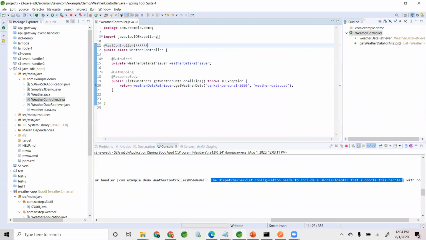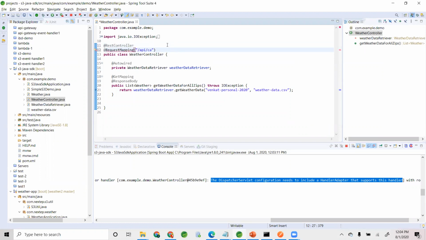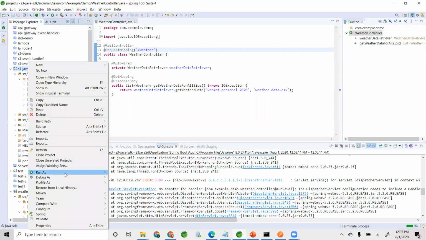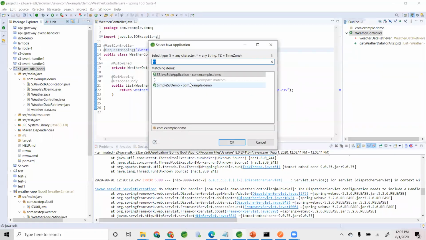Is this wrong? And then in the at request mapping, you put weather. Yeah, that's what the document said. But is that true from your experience? I don't remember.